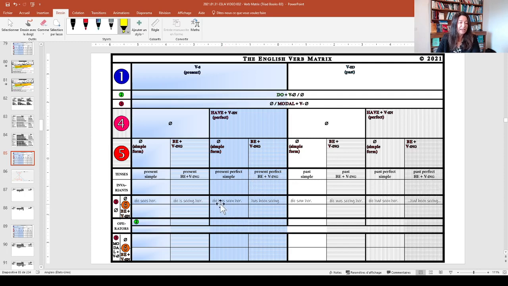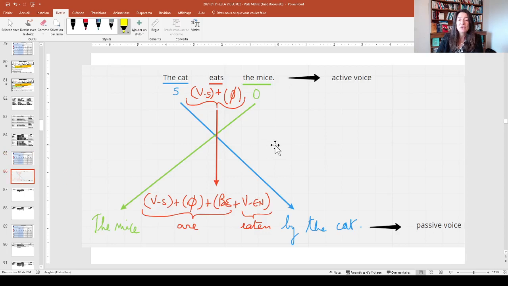So before we do that, maybe we should remember to associate, but that's just to get started, the passive voice with the story of the cat and the mouse. 1 mouse, 2 mice, so let's go for the mice. And remember that when you switch from an active voice sentence to a passive voice sentence, so what